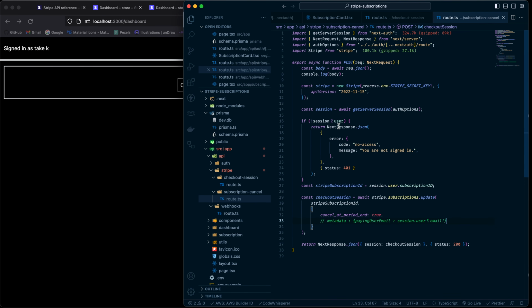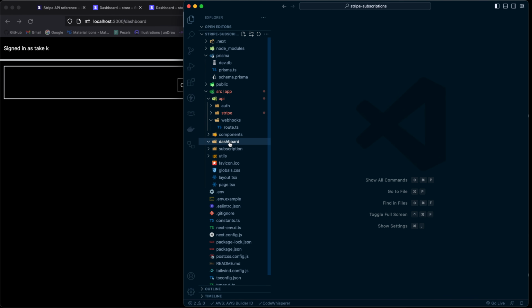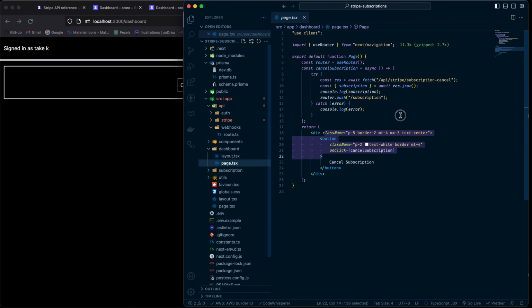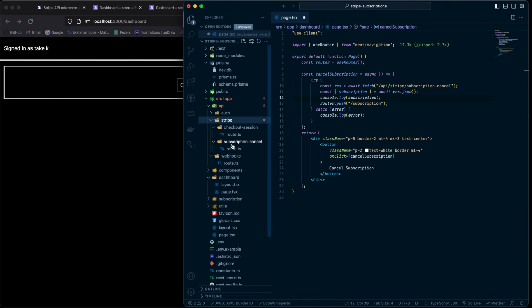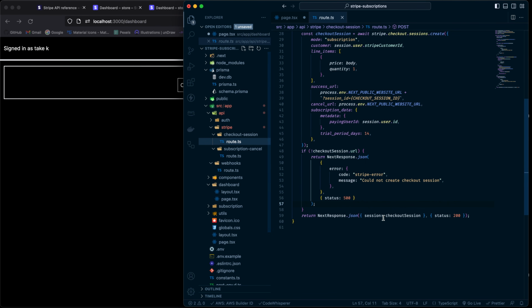Okay, so this is the backend. Now let's go to the front end. I'll just remove all of this, go back to the dashboard page, and I have a cancel subscription already here. I've already configured this function. So we are having a response which is to API Stripe, and it is subscription cancel. We are destructuring the subscription. So if I go here, we are